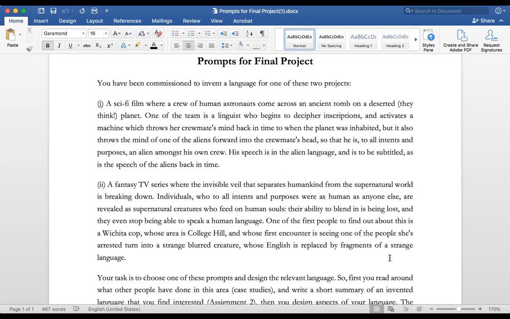So this is, again, like I said, if you want to choose one of the prompts, you're free to do that. If you think that you want to take some ideas from the science fiction prompt and blend it with the fantasy prompt and make it into a sci-fi fantasy prompt, you're welcome to do that as well. I've had students do that in the past. Okay, so really the floor is yours, the creativity is yours. I just want to see your creativity and what you can do with these prompts. Okay, that's really what I'm looking for.